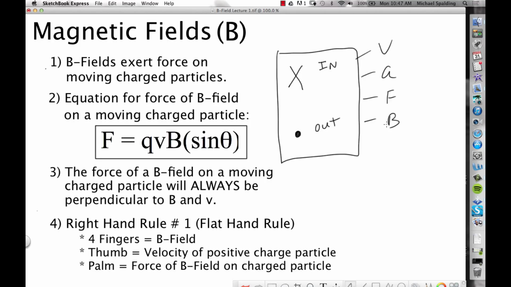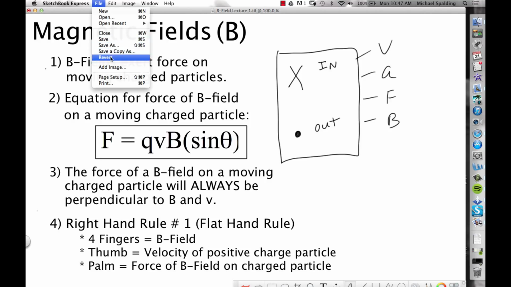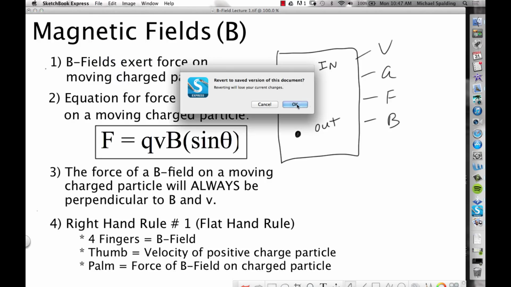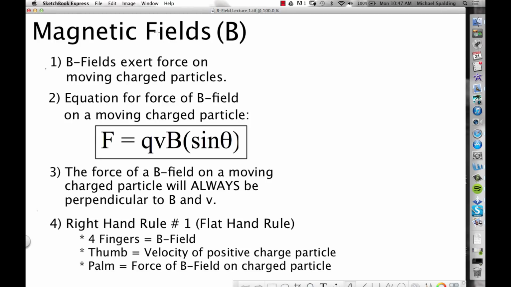All right, so let's talk about magnetic fields. First off, the symbol for magnetic field, I think it comes from a Latin word, to be honest. I'm not totally sure. The symbol for magnetic field is B. See down here in this equation, we got F equals QVB. B indicates magnetic field. The unit for magnetic field is the Tesla,